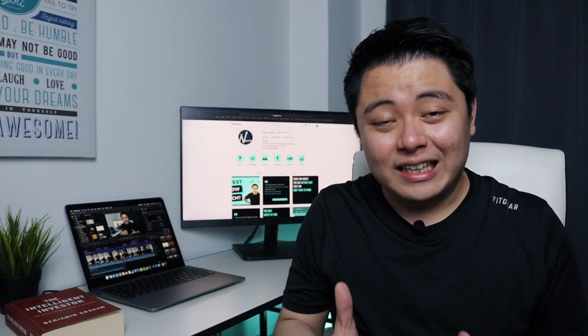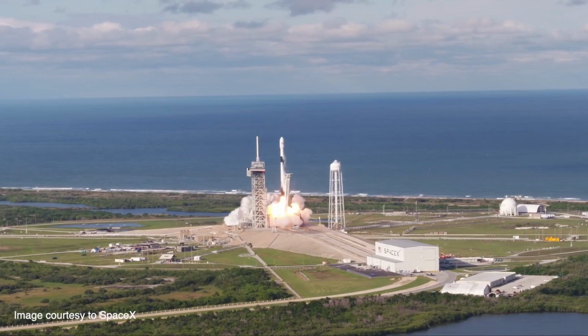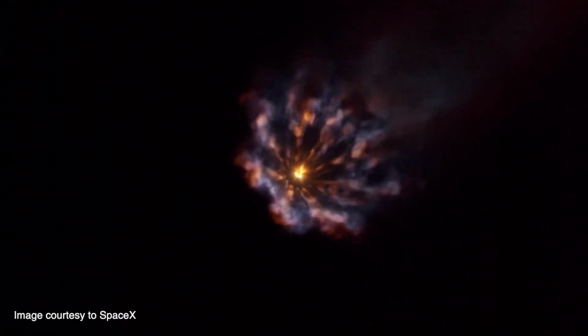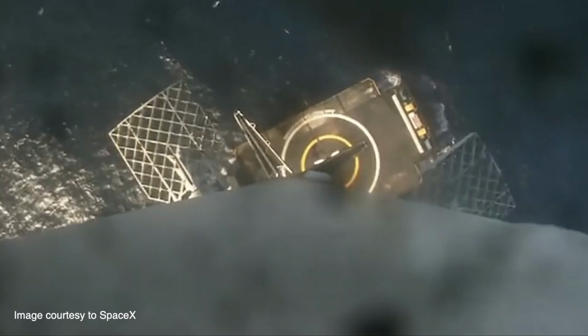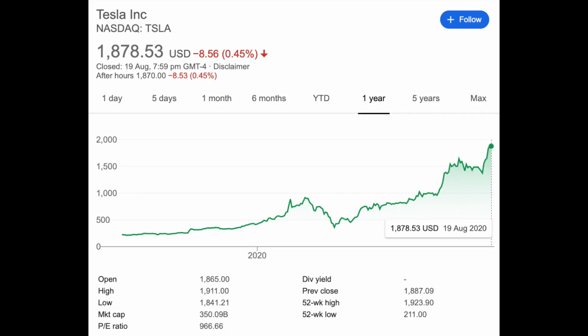Just look at Tesla in the United States. They have recently launched their reusable rocket boosters and managed to break through with the saving of space travel costs via SpaceX. And what comes with it? The growth of their stocks over the past few months, ever since the successful launch and landing of the rocket boosters, has skyrocketed their share price by so many times.